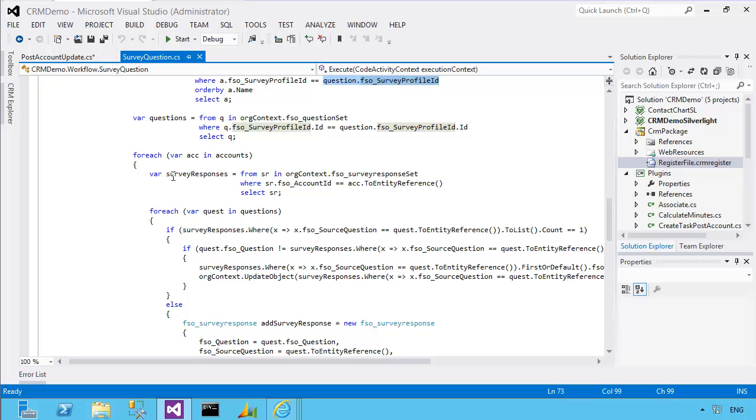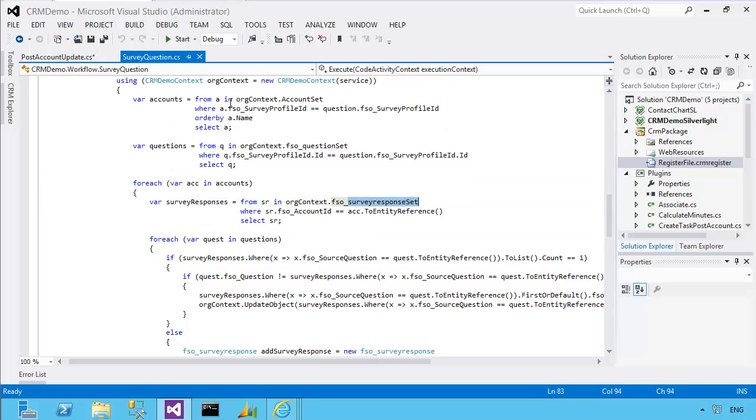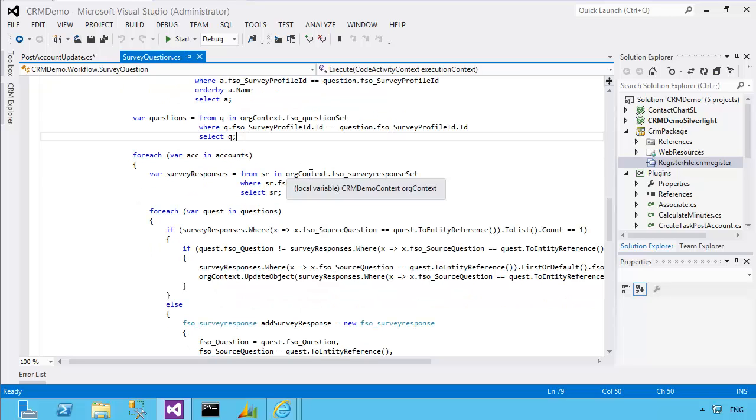I iterate through each account, and one of the first things I do for the first account is retrieve all of their response questions. So we've got the survey, all the accounts that we're interested in. If I've assigned that survey about cars to 2 accounts, this will contain the 2 account records. I've retrieved all the questions that comprise the survey about cars, so I know if there's 2, 3, 4 questions within it. Then as I go through each account, I retrieve their copy of the questions